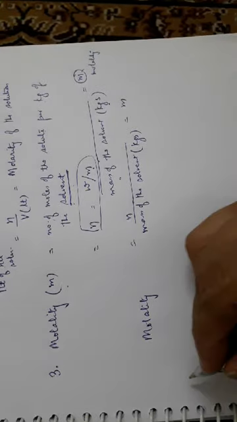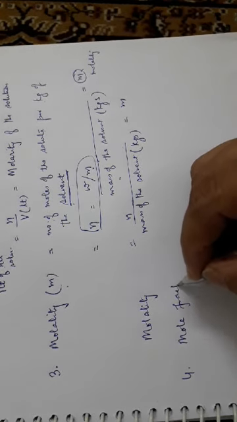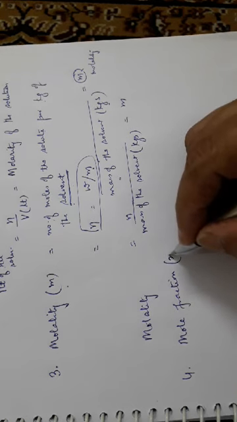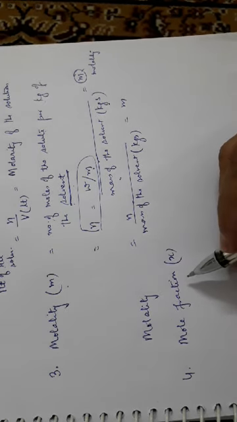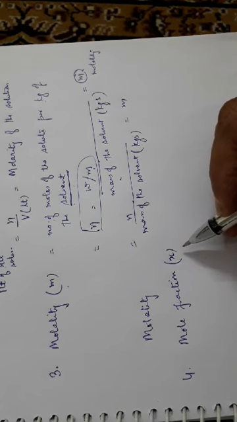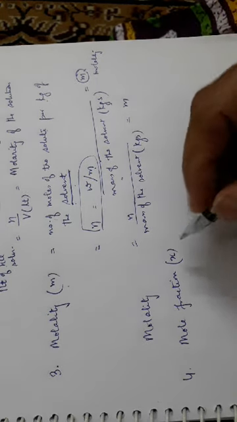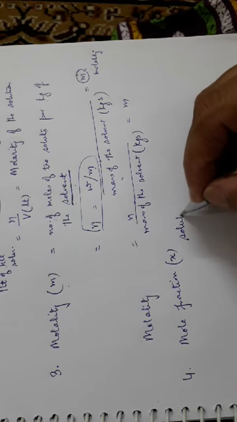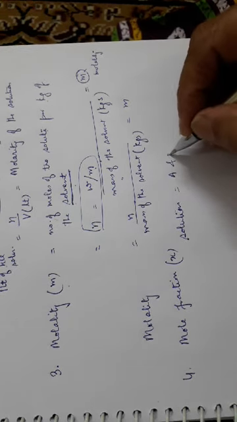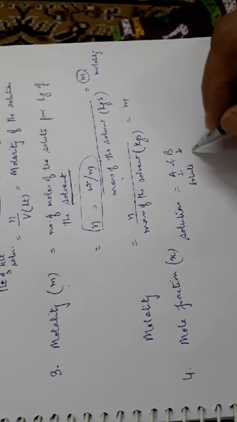One more way to express the concentration of the solutions is mole fraction. It is represented as X. Mole fraction for a two-component system will be two, one for the solute and one for the solvent. If it is more than a two-component system, then the mole fraction will be for all the components. If there are 3, it will be for all the 3. Say for example, the solution is made up of two components A and B. A can be considered as the solute and B can be considered as the solvent.